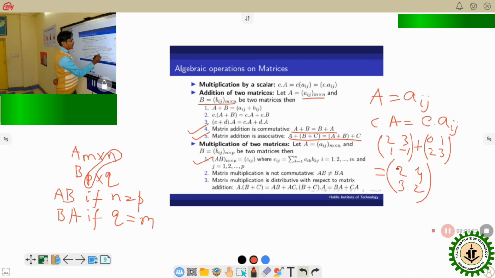Cij you get as the sum of Aik into Bkj, where i runs from 1 to m, j runs from 1 to q, and k runs from 1 to n. Matrix multiplication is not commutative. Here you see addition of two matrices follows the commutative property, but in this case it is not always true. AB not equals to BA. And matrix multiplication follows the distributive property with respect to matrix addition. This is the distributive property,